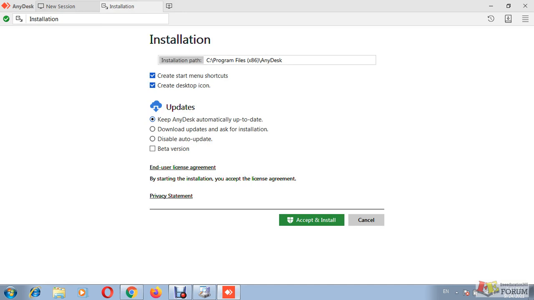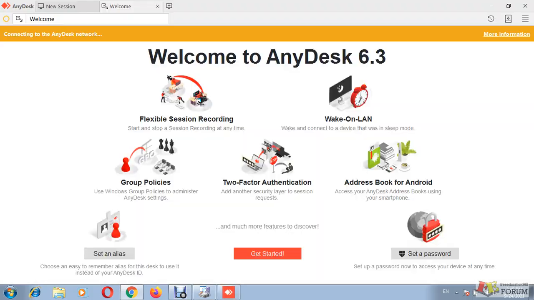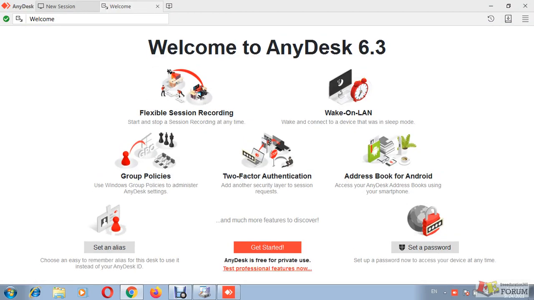Keep the automatically update AnyDesk default option, you can keep it. Then you can click accept and install. If you are not the administrator, you will be asked for a password, or otherwise you will get a message like this. You can click yes. Okay, now your AnyDesk software is installed.